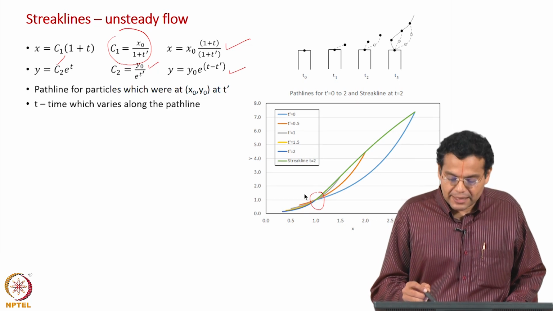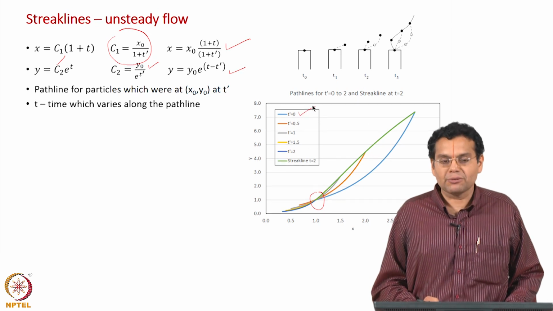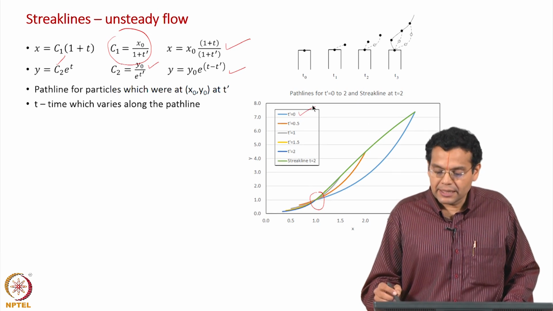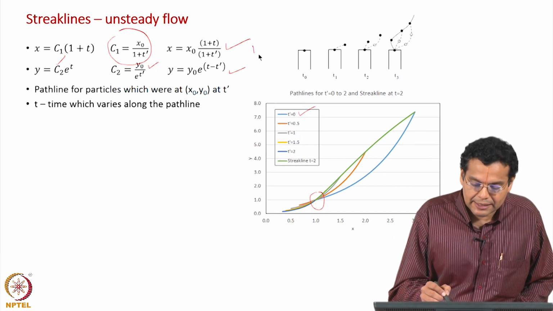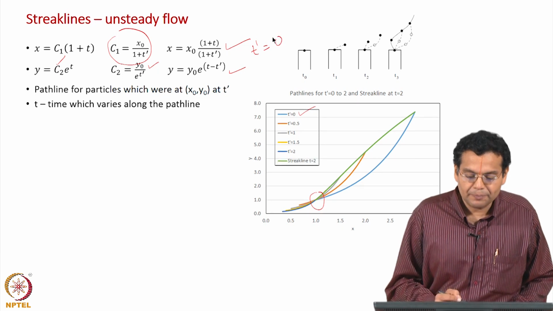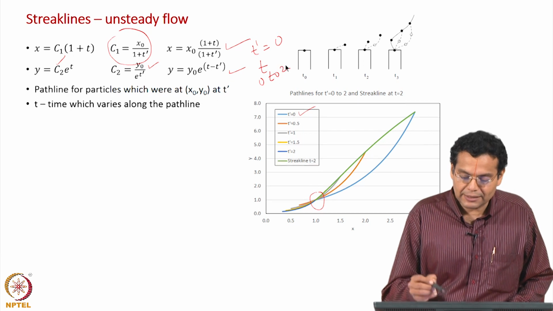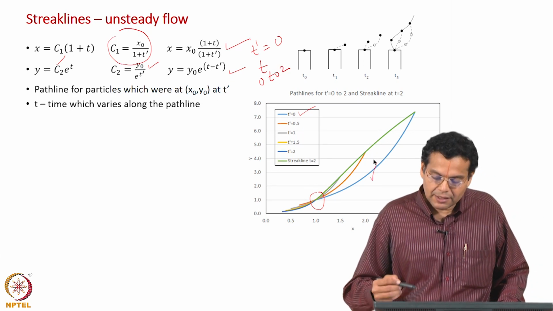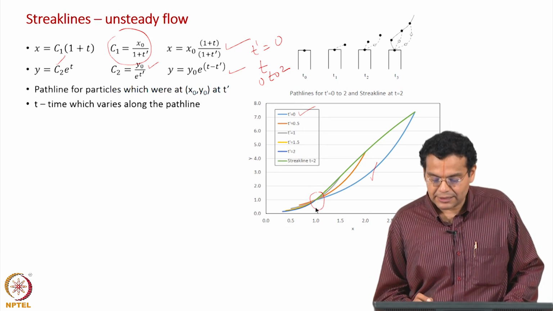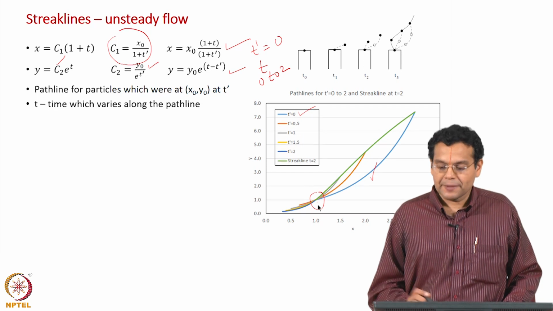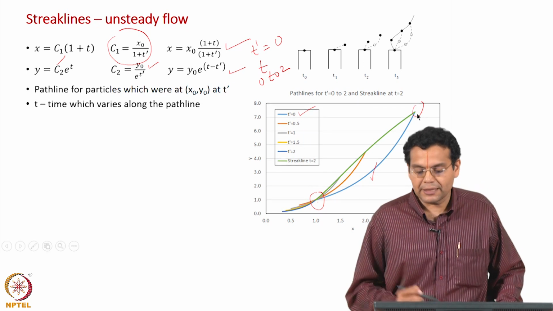Now, I consider the fluid particle which was at this location at t dash equal to 0. Our current time is t equal to 2. So, how do I use this equation? I substitute t dash equal to 0, vary t from 0 to 2 seconds, and then get this curve which represents the path line of the particle which was at this location at the 0th second. Right now the particle is here, and this is the path line which was followed by the fluid particle.